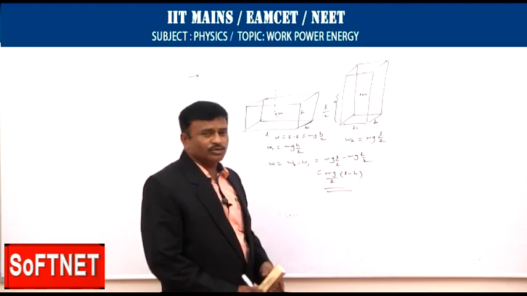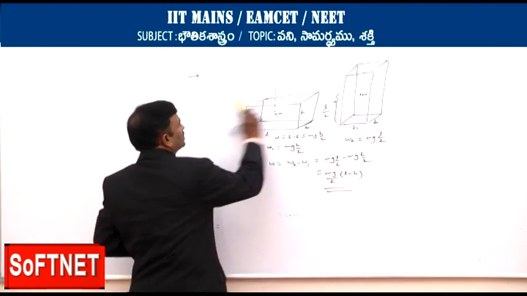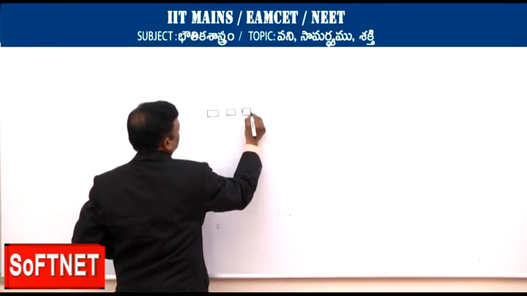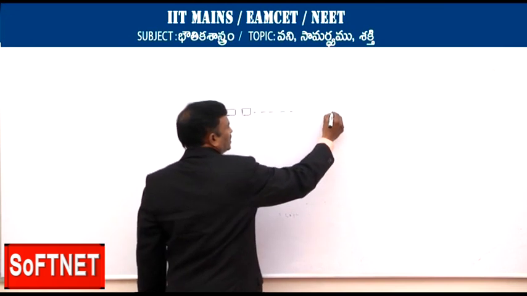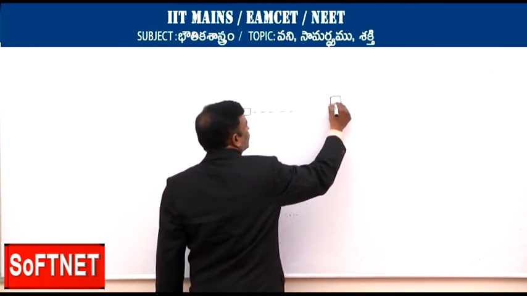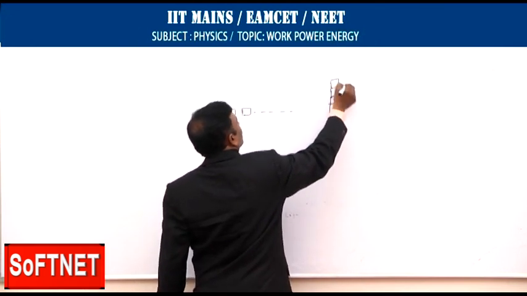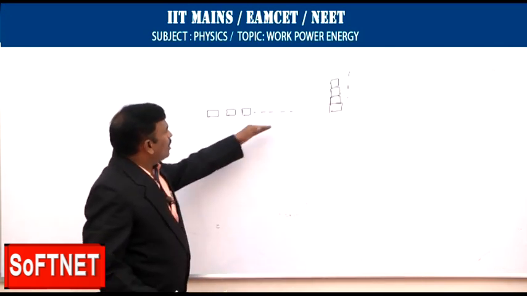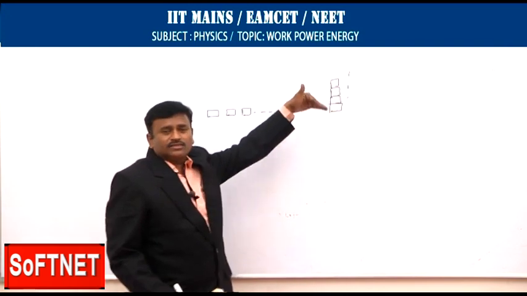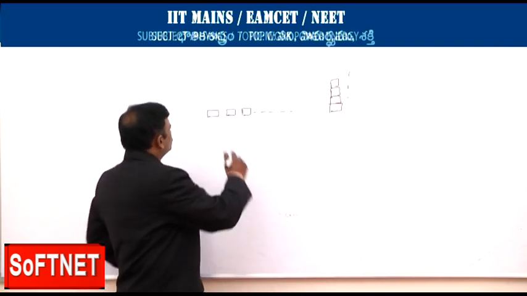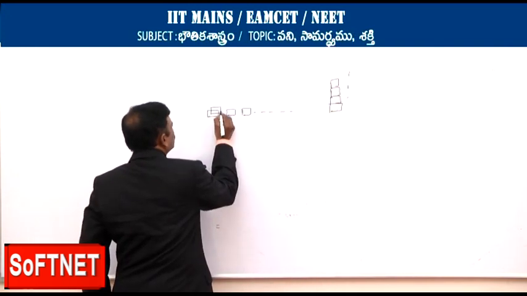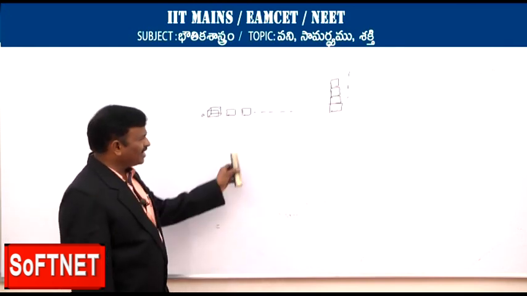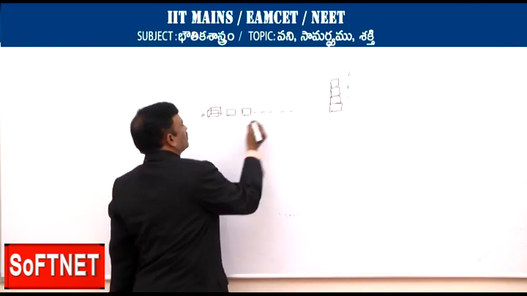In such a manner we have to do. Let us take another example of work. The number of blocks is 1, 2, 3, and so on. After that they are kept one over another, 1, 2, 3, 4, up to n blocks. How much work is done to keep the blocks one over another? That is the question. Each block is a cube with each side A, and they are identical blocks. So how much work will be done?